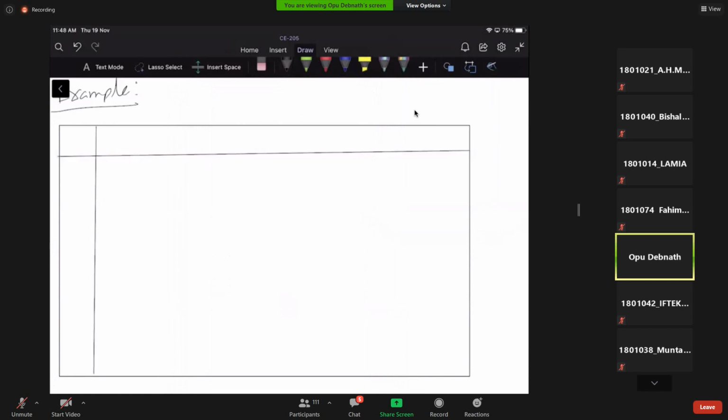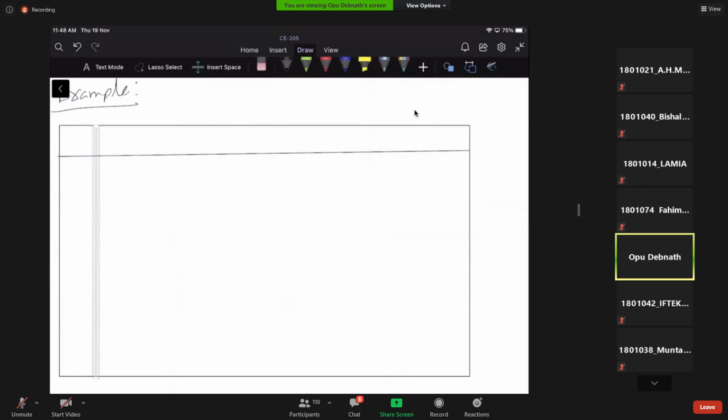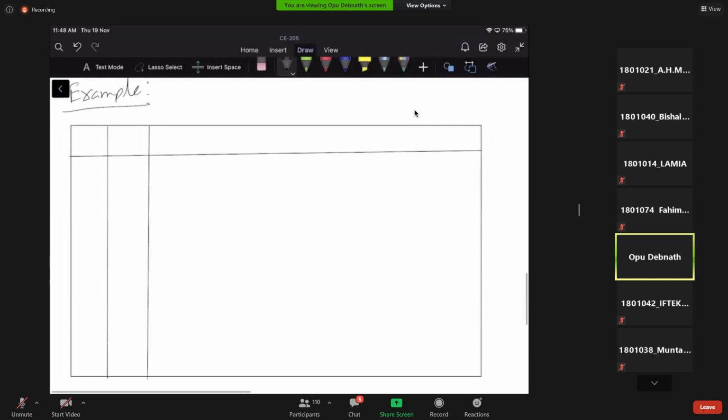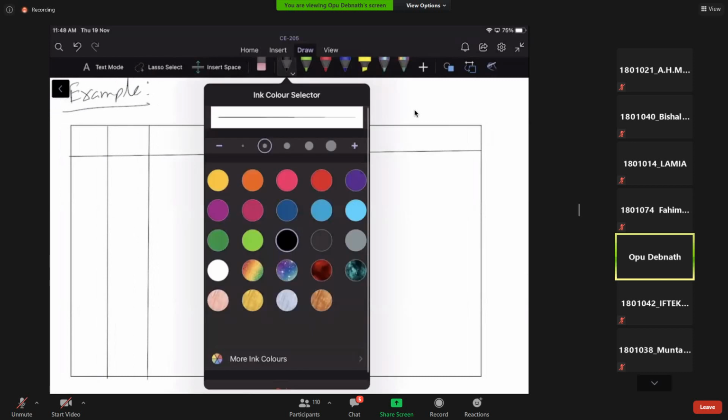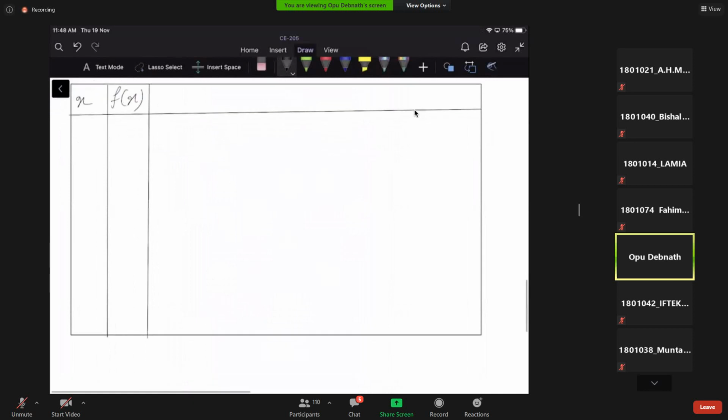This column is for x, next column is for function of x. Okay, so the problem said this is x and function of x, some values are given, x is equal to 0, 1, 2, 3, 4 and corresponding y values are 9, 10,